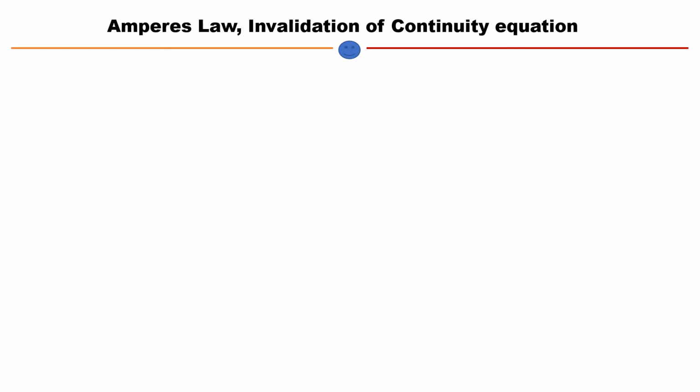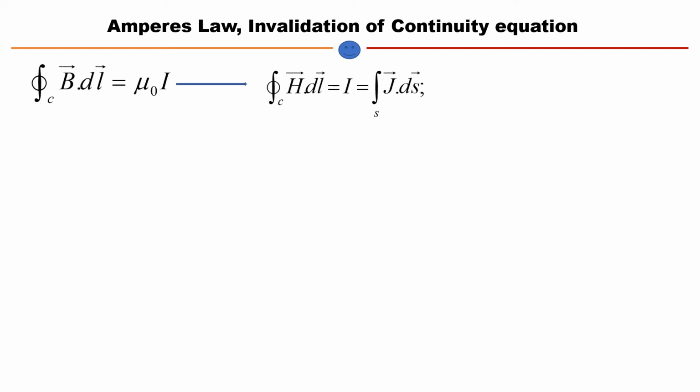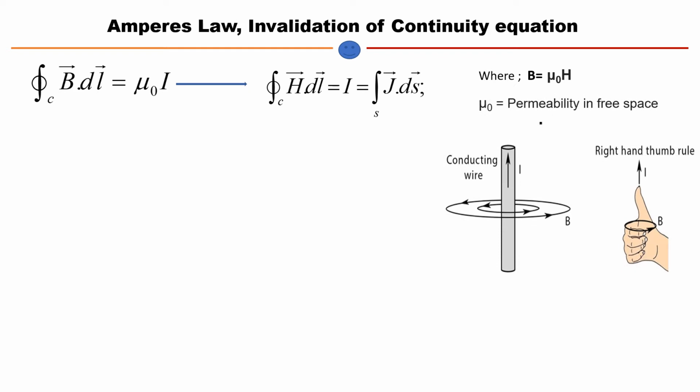First, we can get Maxwell's fourth equation, Ampere's law. Very famous Ampere's law is an intermediate thing. Suppose a current I is flowing in a wire. Whenever the current is flowing, there will be a generation of magnetic field, and the magnetic field will be curling around that wire in a direction. This curling will be in the direction given by the right hand thumb rule, our fingers.